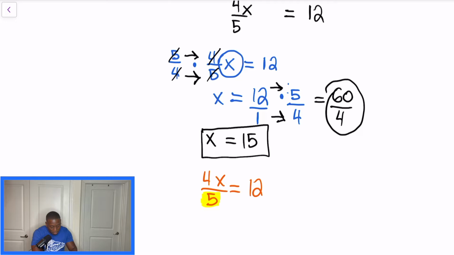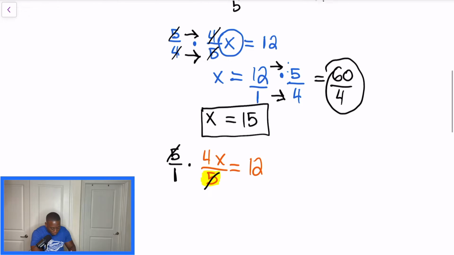So what that means is I'm going to multiply by 5, and we could put it over 1, 2, right? We're going to cross cancel, and what we're left with is just 4x on this side, okay? And this is equal to, and just remember, guys, we have to make sure that we do the same step on both sides. So after I multiplied 12 by 5, I'm going to get the answer of